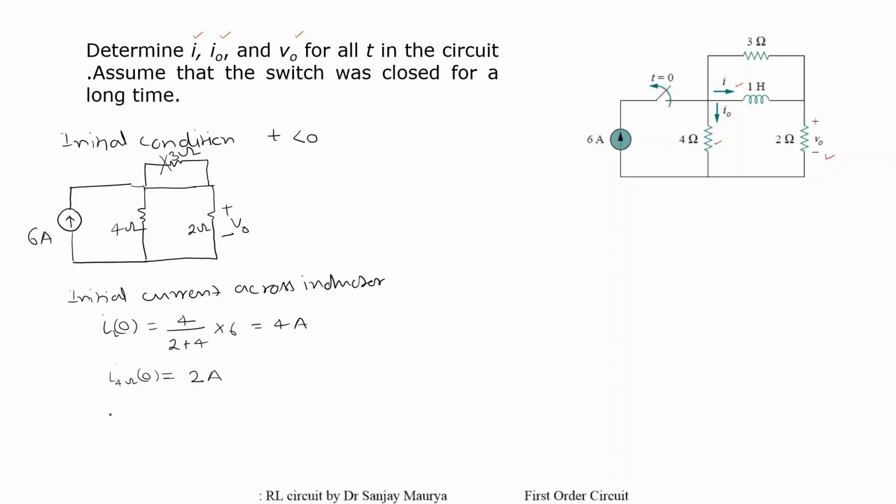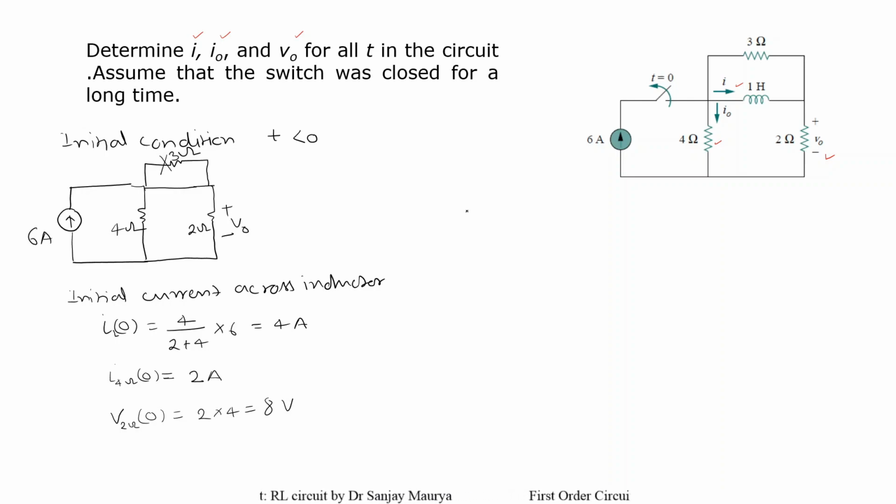And next one is about the voltage. V naught has also been asked, so I'm writing this one as V2 ohm. Here I'm using V2 ohm, a different nomenclature, just to recognize the V naught. So the voltage across 2 ohm will be 2 into 4, which is 8. So we have determined all the initial conditions for the current I naught, I, and voltage V naught.